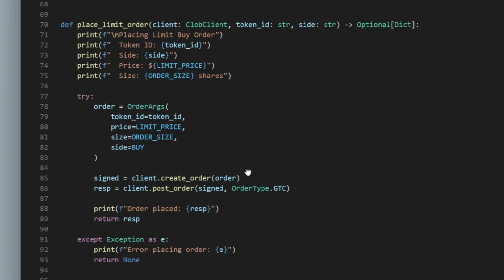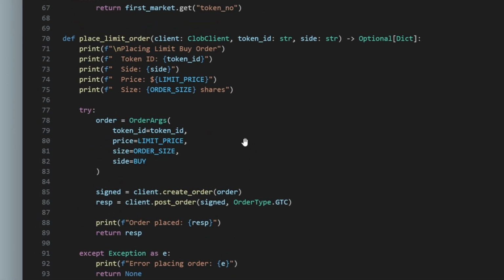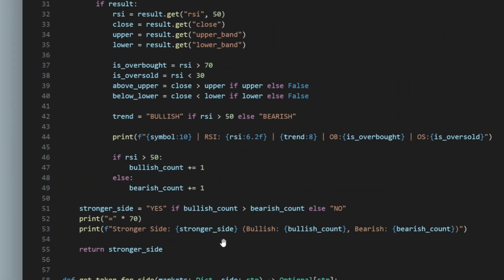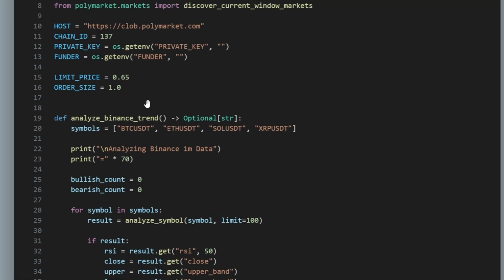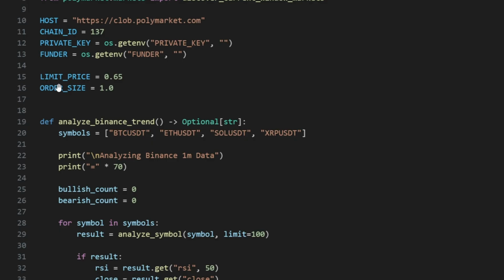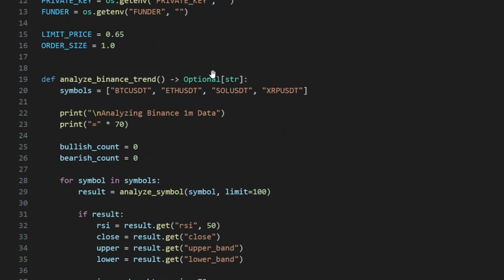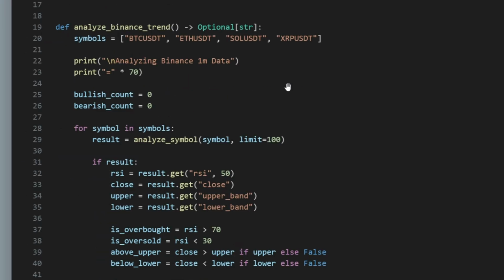But for us, since you have just used the limit order, you will remember earlier we talked about ignoring these figures, like limit price and order size. Most of the time, order size should be above $1, and you can just buy at this limit price, maybe 65%. That's like a 65% chance of going up or 65% of being bearish. So you need to compare this one with the Binance data